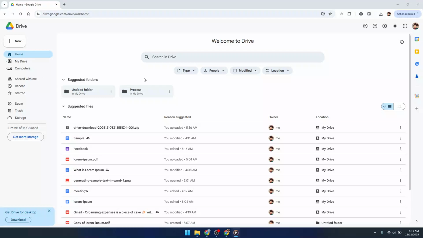In today's video, I'm going to teach you how to unzip files in Google Drive. If you've ever received a zip file in your Drive and weren't sure how to open it without downloading it to your computer, this walkthrough is for you. We'll be using a free tool that works right inside Google Drive so you can keep everything in the cloud